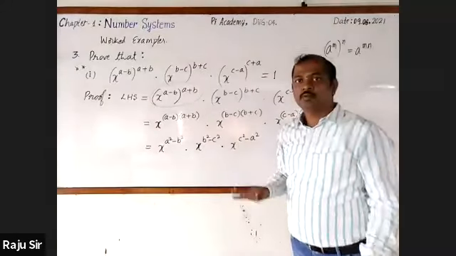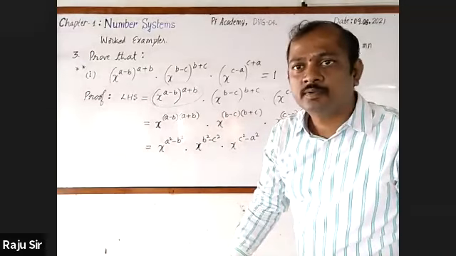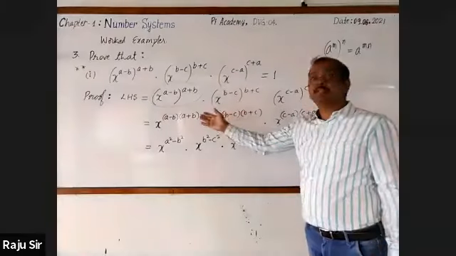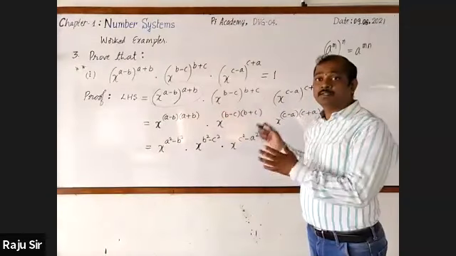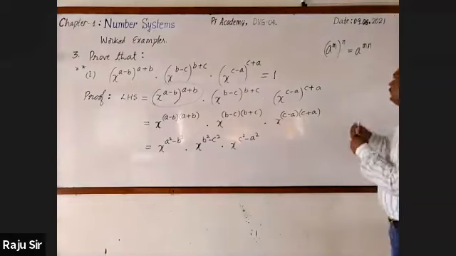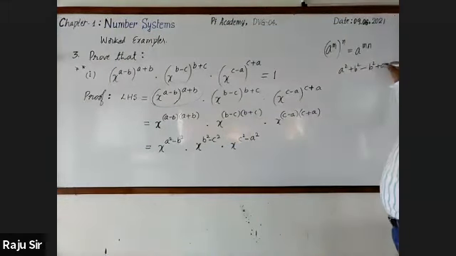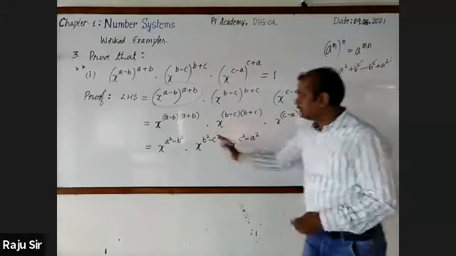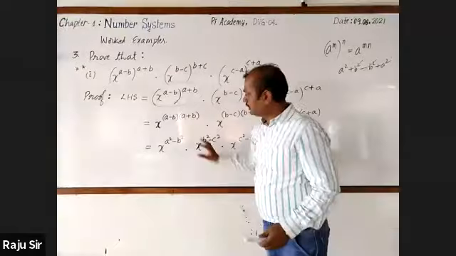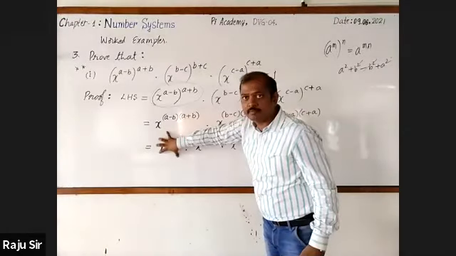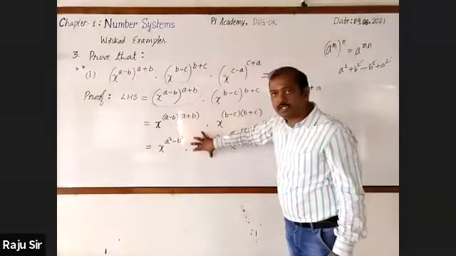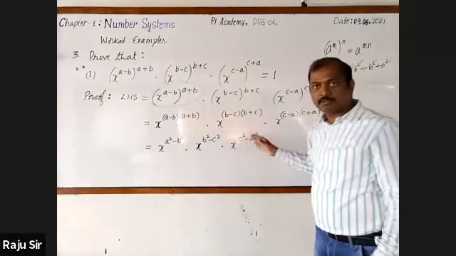Now, why couldn't we cancel it, sir? We cannot cancel them directly because they are not together. If it were a square plus b square minus b square plus a square, you could cancel like this. But see, these are in separated terms. A square b square is here, b square c square is here. Now let us write them together.